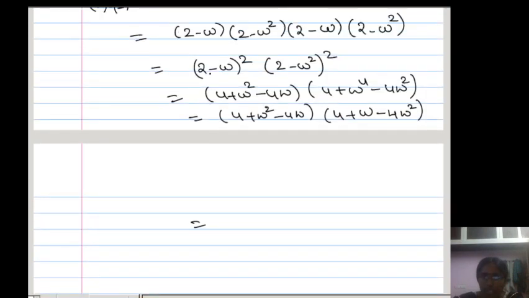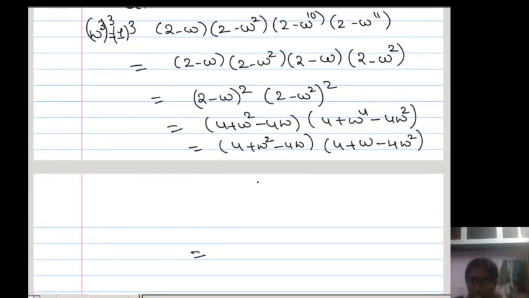How to simplify? I need a simplification form. Let us see here. 4 into 4, but again it will be lengthy, no? I think it's better to do the direct calculation here instead of that. Otherwise, still I can do some simplification here, for example 1 plus omega square. Omega square can be written as minus 1 minus omega. Is it? Substitute here minus 1 minus omega.